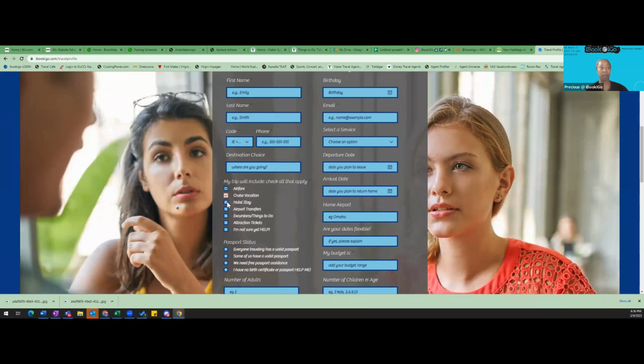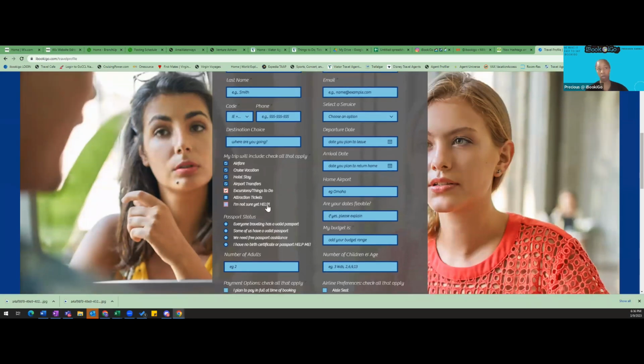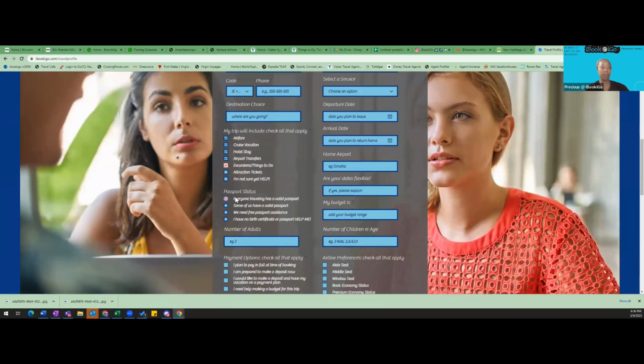They can check airfare. Maybe I'm going on a cruise, I need flights, I want to stay at a hotel before my cruise. I'm looking for maybe airport transfers, and I want excursions and things to do. Or, I'm not sure yet, help. Then passport status: does everyone traveling have a valid passport? Some of us have a valid passport. We need free passport assistance, which is me guiding them through the process to obtain their passport,